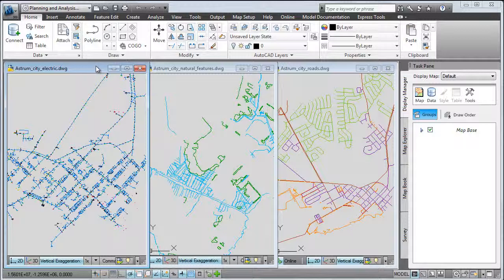Often, part of the publishing and public review process takes being online, and increasingly users want to incorporate drawing data into a web map as they would do with other GIS data. I mean, after all, DWGs are probably the most commonly used data file type in AutoCAD Map 3D.